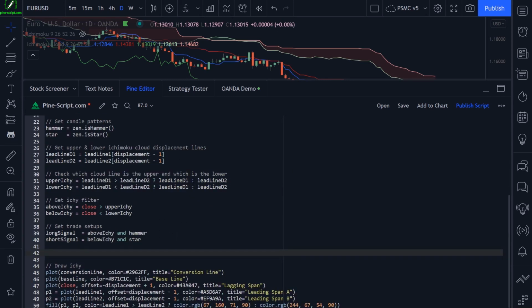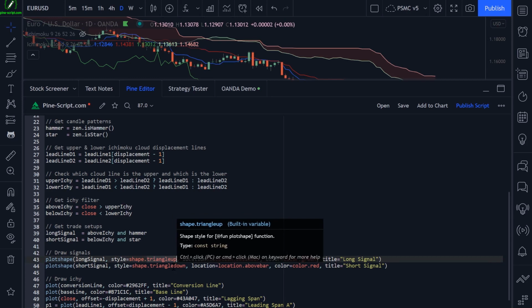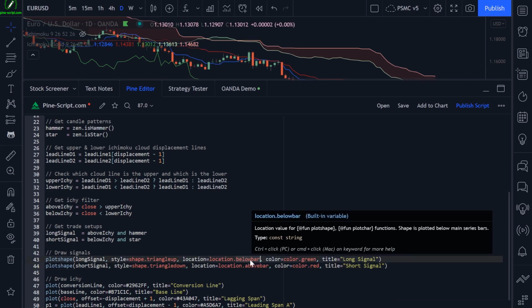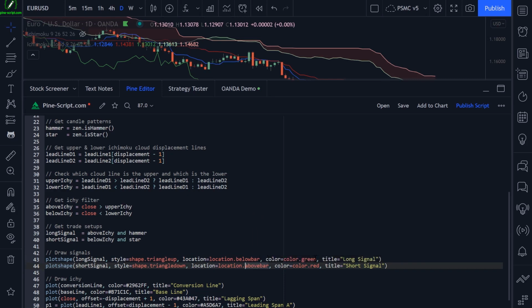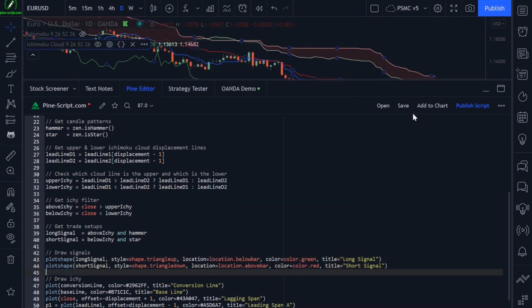All that's left to do is draw this information onto the chart. So as always, I use the plotshape function for detecting trading setups, and I use triangle up and triangle down for long and short. I set the location to below bar and above bar for long and short, green and red for long and short, and then I set a title for our shapes so that the user can adjust this in the style menu if they want to. So now let me save the code,